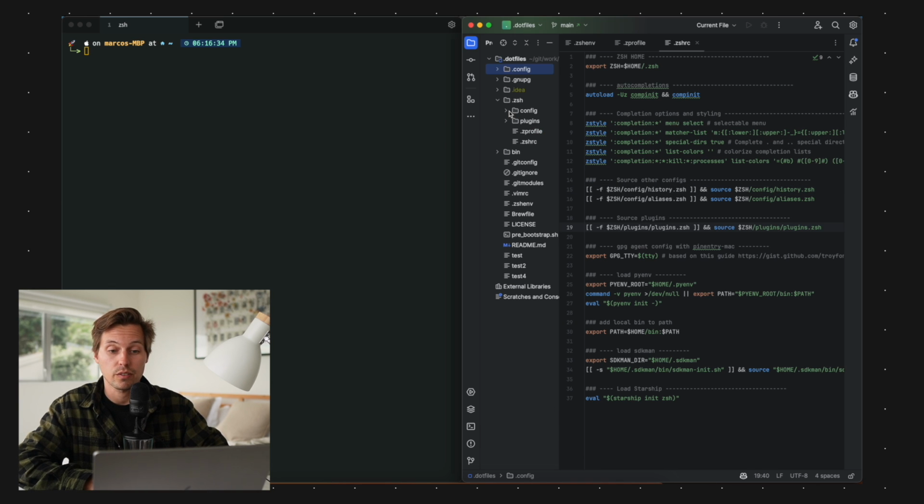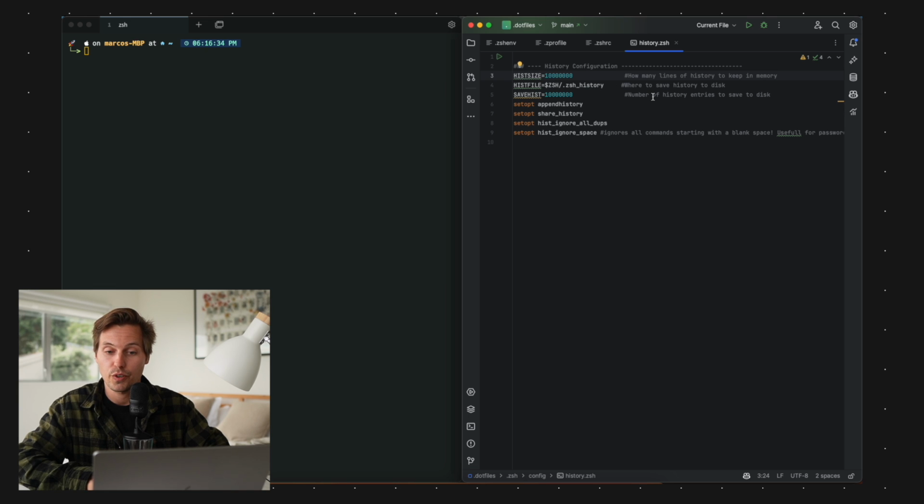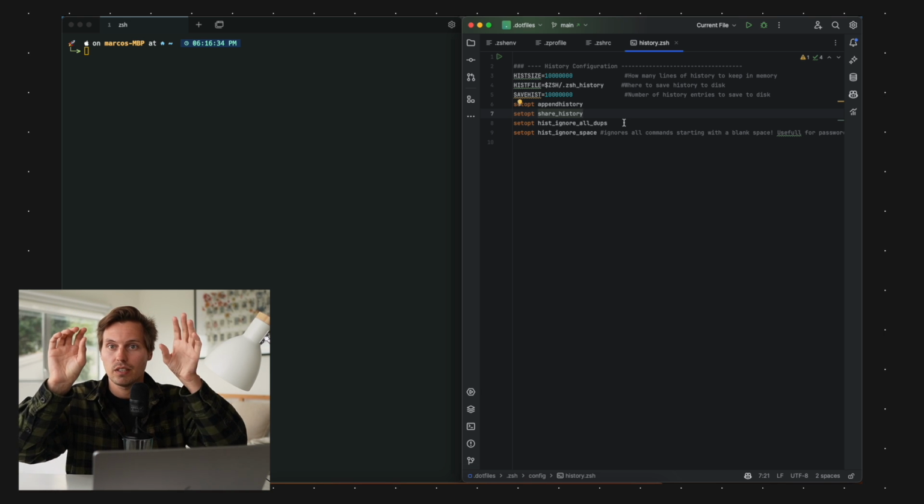So let's have a look at the history settings file here. I set the history size to a very high number, so that makes me able to just go mostly indefinitely through my history. And I'm saving that in the zsh history file. And I set some options here to append the history file, to share the history amongst different tabs of my